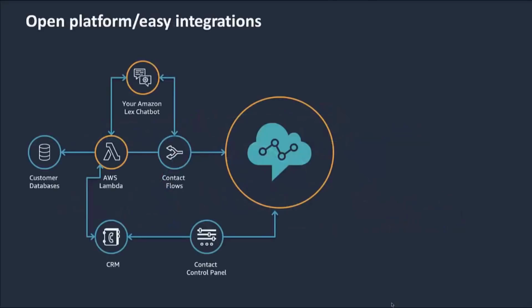Since we'll be talking about integrating natural language and analytics with Amazon Connect, let me walk you through how Amazon Connect enables open and easy integrations. Amazon Connect contact flows provide a visual interface for creating personal and dynamic customer experiences. It's easy to create conversational interfaces by dragging a block into the contact flow and selecting the Amazon Lex chatbot you would like to enable. In addition, you can use AWS Lambda functions to retrieve additional customer data from your CRM or customer databases in real time, enabling you to customize and personalize the customer experience.